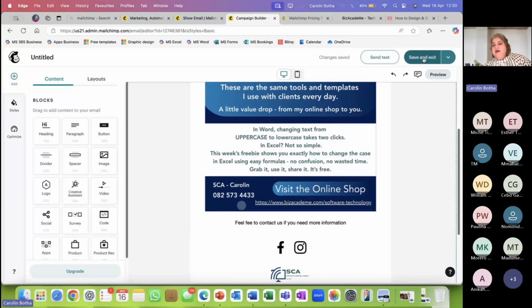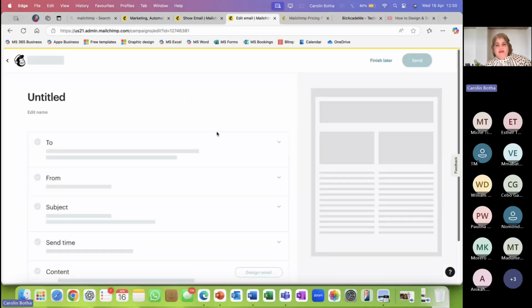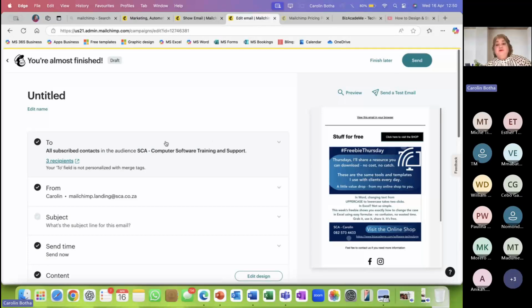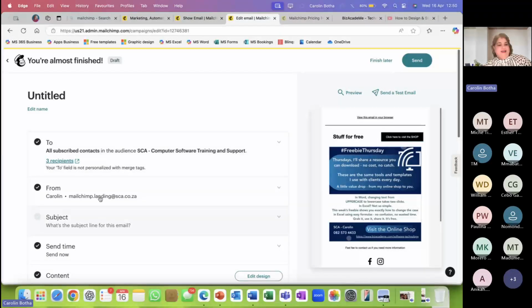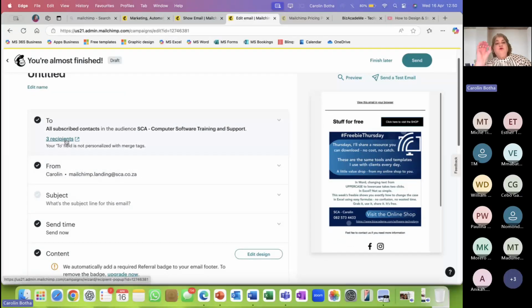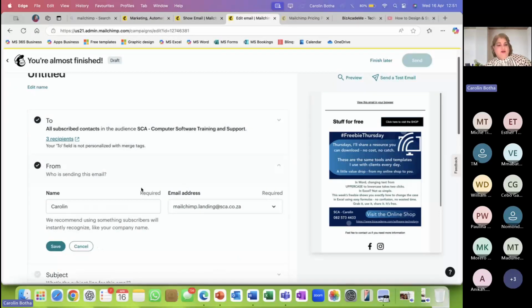So let's go and close and exit this. And then you'll notice now you're ready. Now this is what they will see, definitely. And you can change over here. It will send it to all 3 recipients. You can also at this point in time choose that some of the people don't get it for obvious or non-obvious reasons. You can change over here.